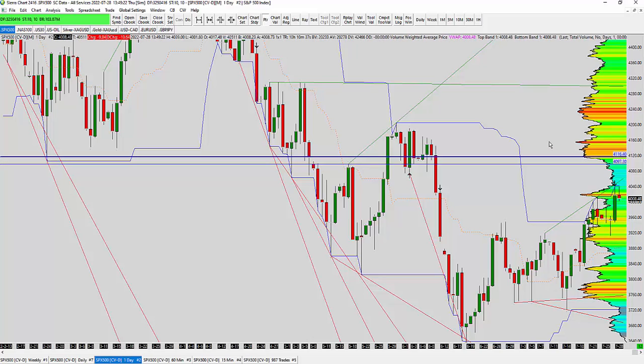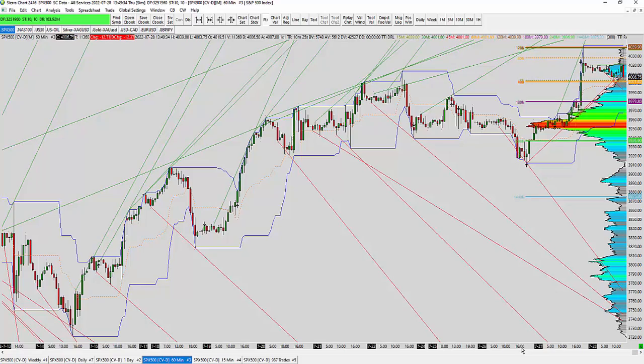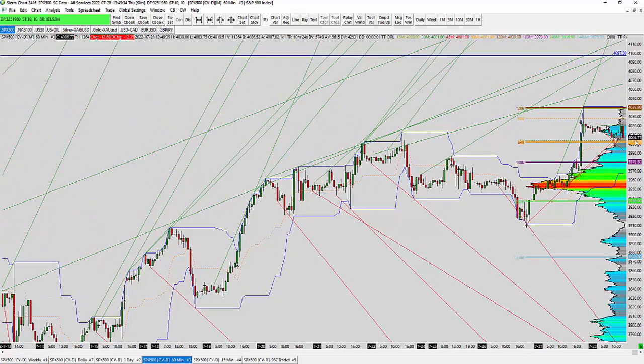What's next? What do I do next? Now I'm seeing this picture. What do I do next? Do I short the market? Let me look at the hourly. I'll switch to the hourly. Do you think this is a good level for you to short the market, given the fact that